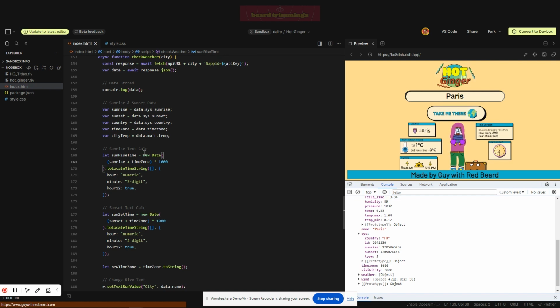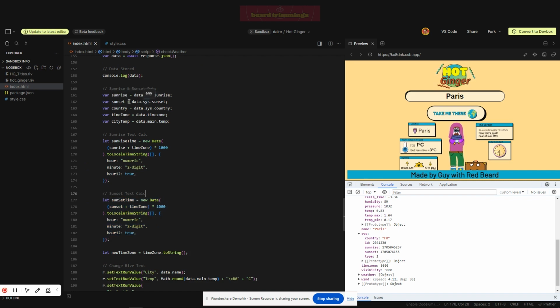So that should give me a digestible time. Then toLocaleTimeString, which you can define there as far as I'm aware. So basically make it numeric, make it 2 digits, no point having the seconds there, and then 24 hours. It gives me AM and PM. Because a string is like a word, an integer is a number, my variable was a number. Then I said, combine that with the time zone, make it into a string, make it into text,